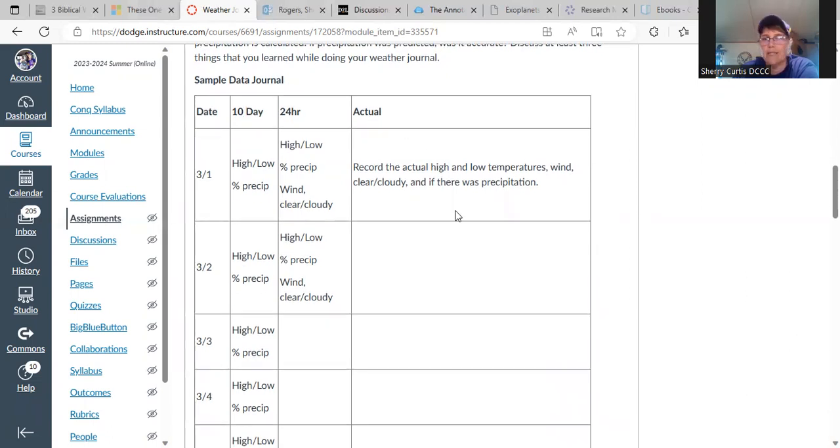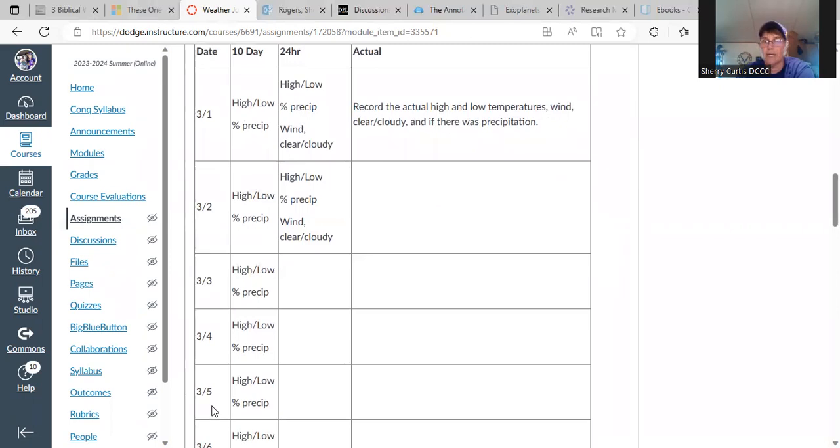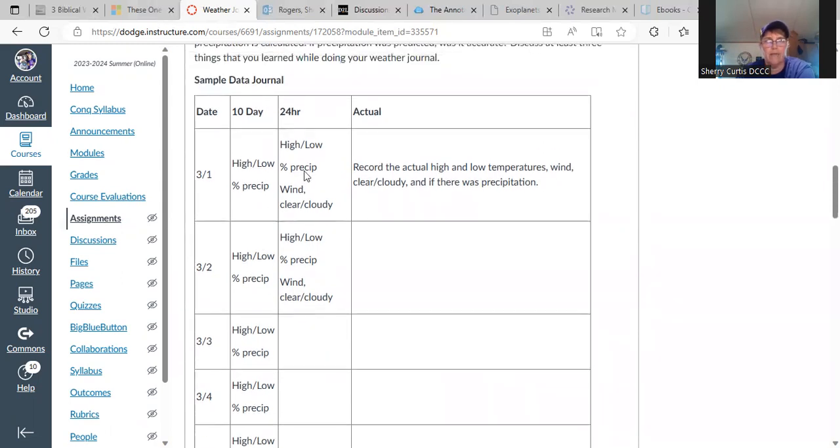So I set up a table. You do not have to set your data up in a table like this. You can set it up differently. I'm just trying to give you an idea of what I'm wanting. So you would have your 10 days you're going to keep it. You record your 10-day forecast on that first day and then record your 24-hour forecast. So the 10-day forecast for the first day and your 24-hour forecast for that first day are probably going to be the same. And then record the actual weather